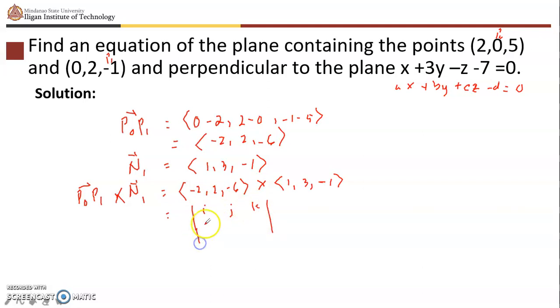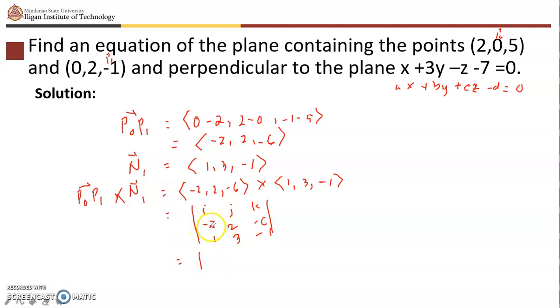We'll have negative 2, 2, negative 6, 1, 3, negative 1, which is equal to, we have